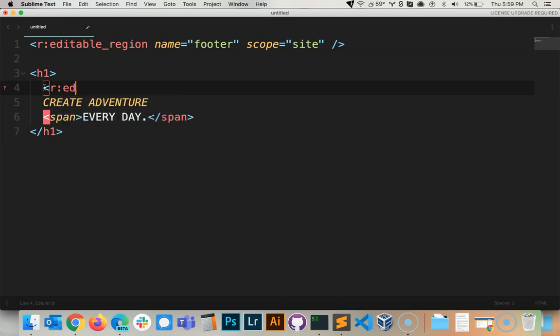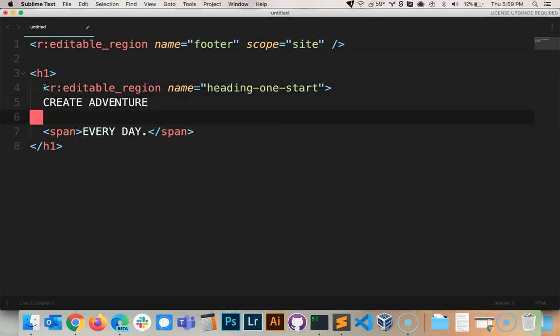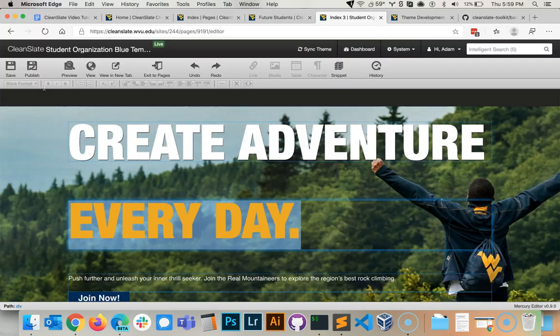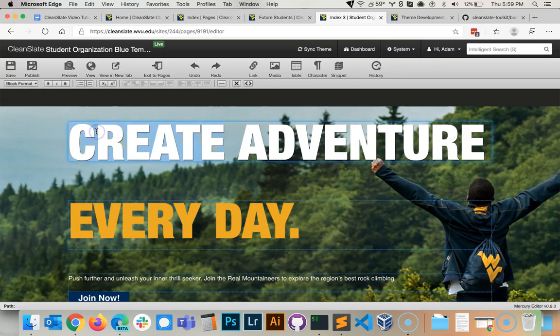Remember, our editable region name equals, I don't know, heading 1 start, let's say, whatever you want to call it. And I'm not going to close it because I can actually put this in here to have this content exist by default. So when we load the page, Create Adventure will be preloaded, as you see it right here, into this editable